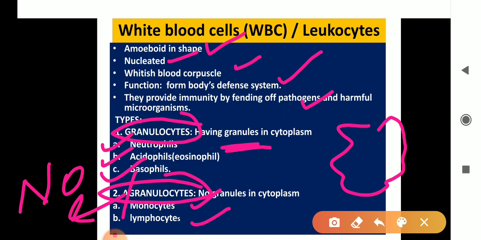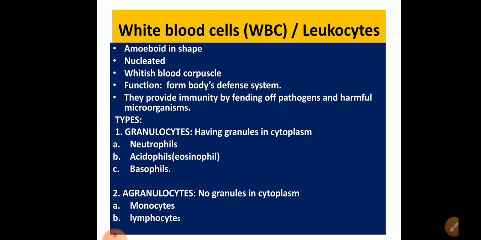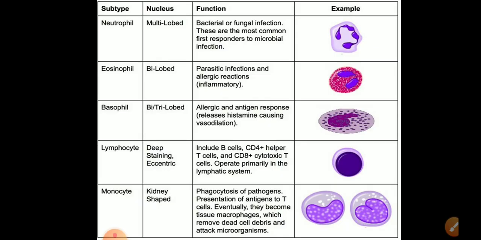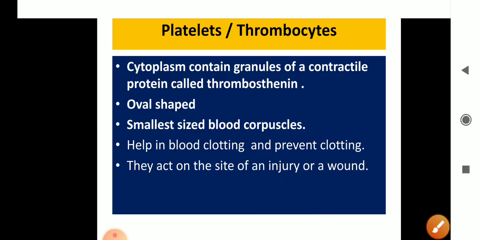Now we will do a comparative study of all these. Now see, the first is the neutrophil. On the basis of their nucleus they are of different types, and on the basis of the stain which they take, they are of 5 types. Now see, first is neutrophils. Neutrophils, now see in the diagram. One minute.